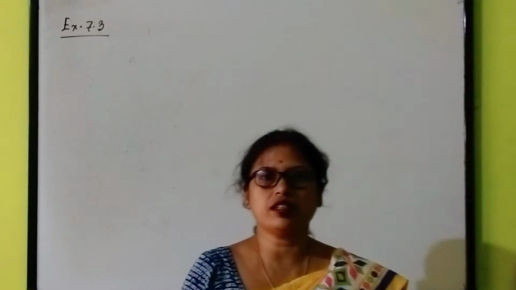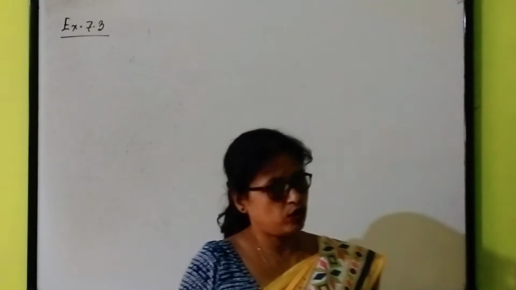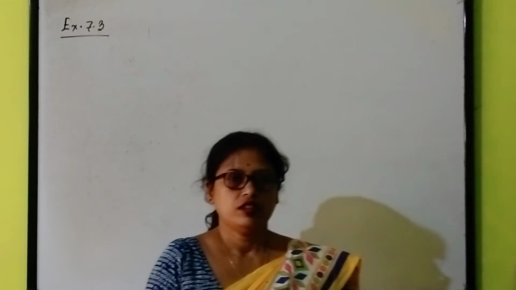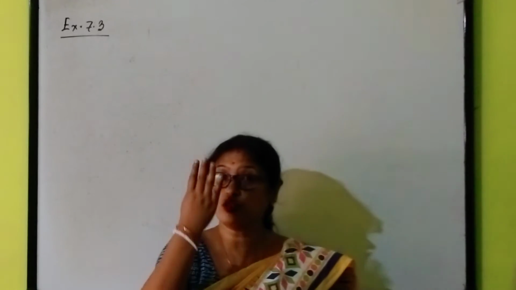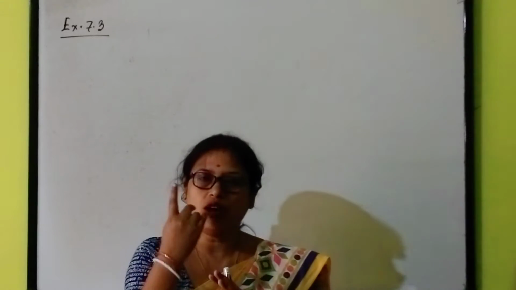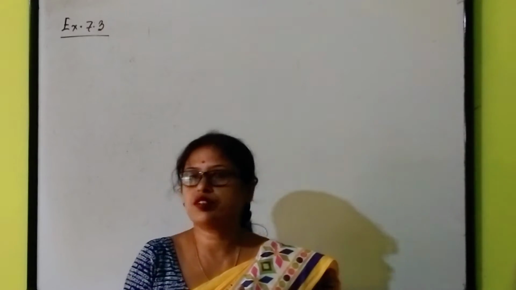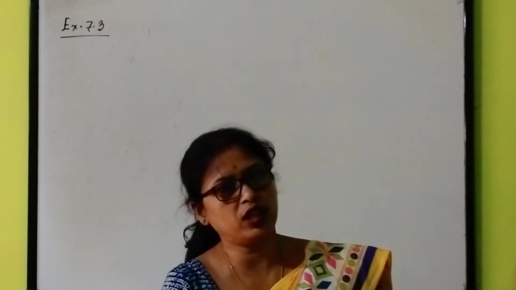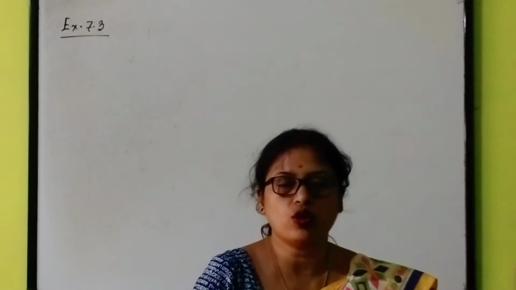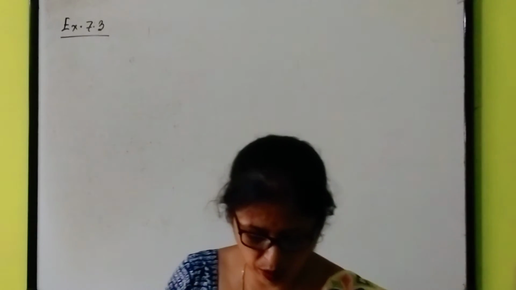In the last chapter, that is your squares and square roots, you have learned how to find out the square roots. So here also the process is similar. In finding square roots, we have used three methods. Repeated subtraction, then prime factorization, then the division method. But here in finding cube roots, we will use only the prime factorization method. Understood, all of you?